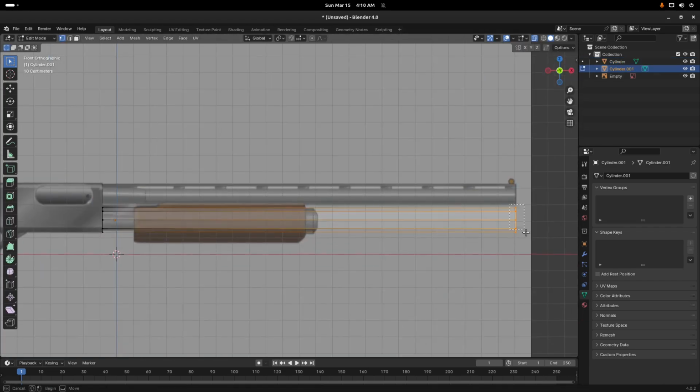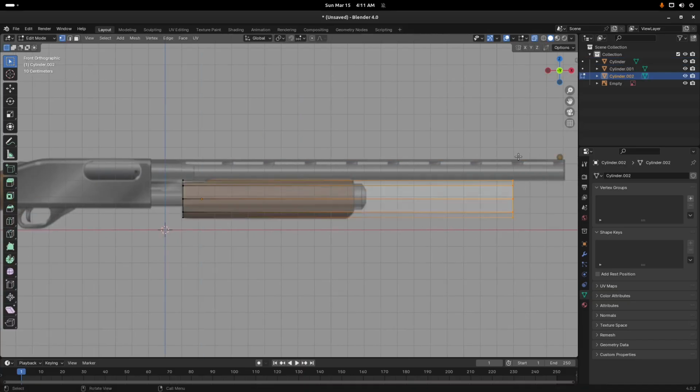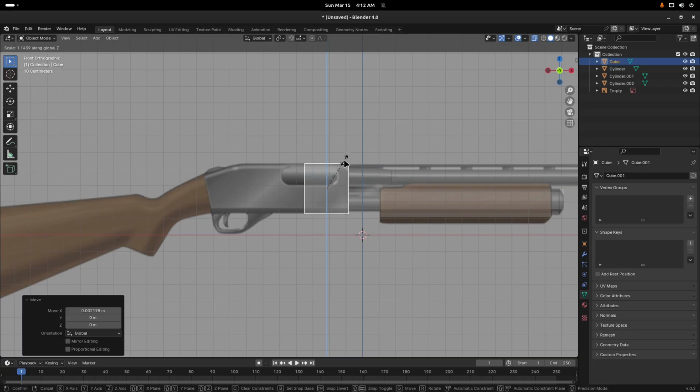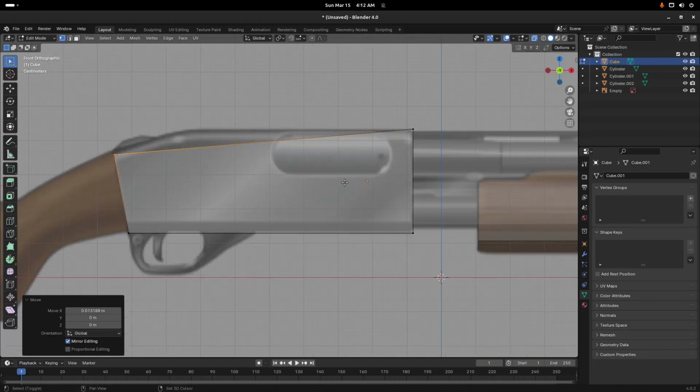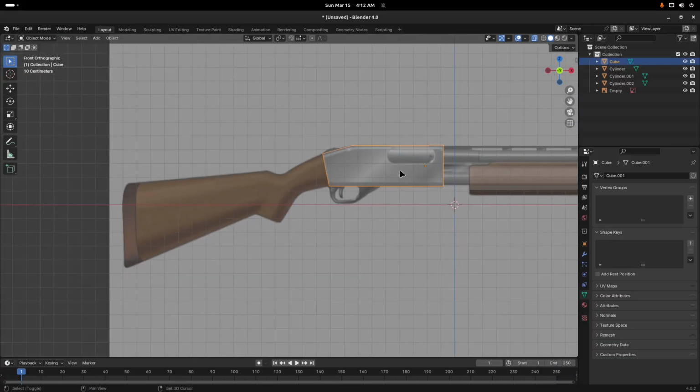Then we will duplicate the cylinder mesh and adjust the size to make the magazine tube. Then duplicate and adjust again to make the forestock. Now we can create a new cube mesh to start working on the actual base of the shotgun. Move the points where they need to be, add a loop cut to make the shape more accurate, then extrude